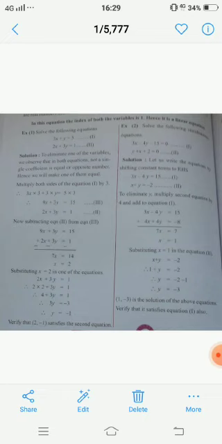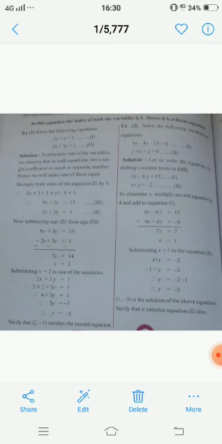I'll multiply equation number 2 by the coefficient of y of equation number 1, that is 4. So my equation number 2 will become 4x plus 4y is equal to minus 8. That will become 4x plus 4y is equal to minus 2 into 4, that is minus 8. So automatically my variable y will be eliminated from both the equations. So I got the equation as 3x plus 4x, that is 7x is equal to 15 minus 8, which is 7. So I got the value of x as 1.